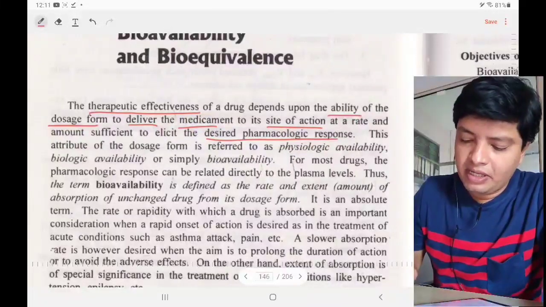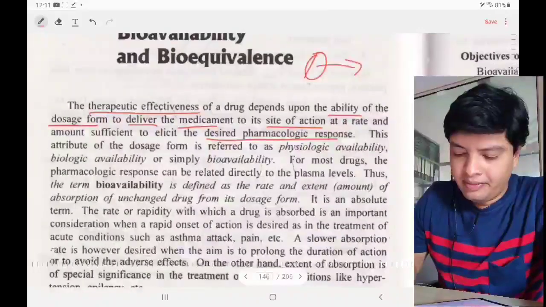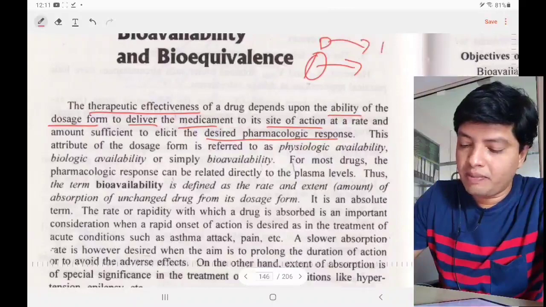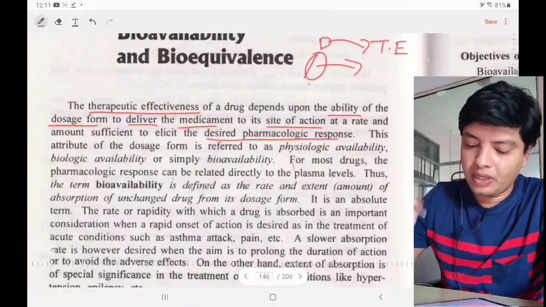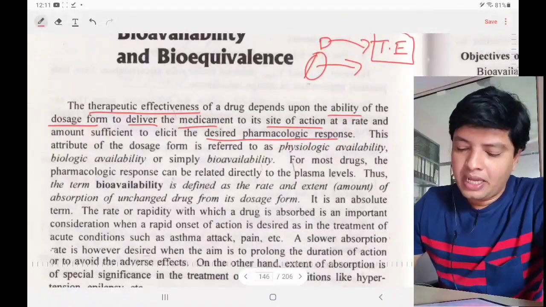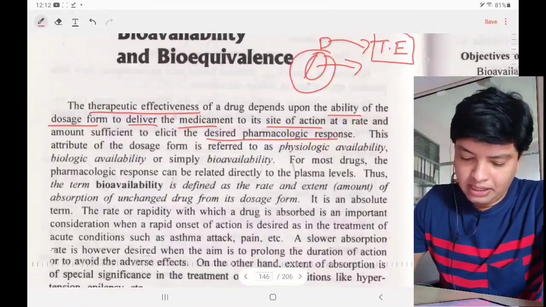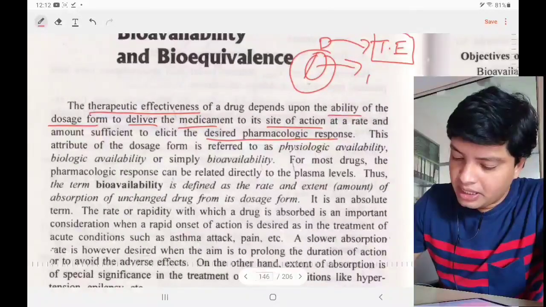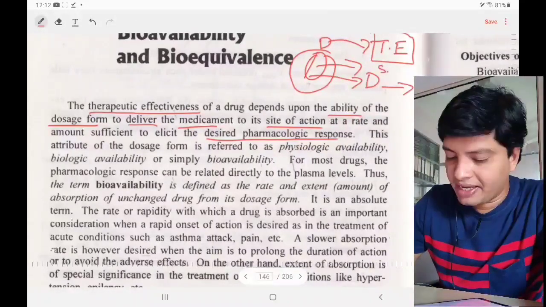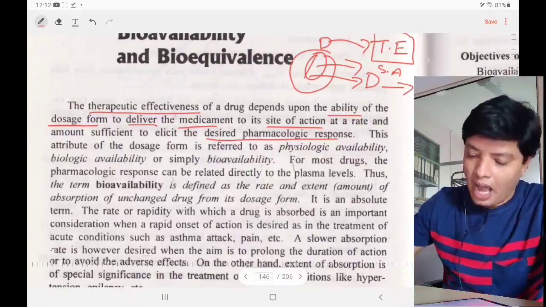So let's say you have given one dosage form, let's say the dosage form is tablet. So if I give the tablet, for the drug present in the tablet to show its therapeutic effect, or to show its therapeutic effectiveness, it all depends on the ability of this particular tablet to deliver the drug at the site of action. So this tablet will deliver the drug at the site of action, then this drug will show the action, and